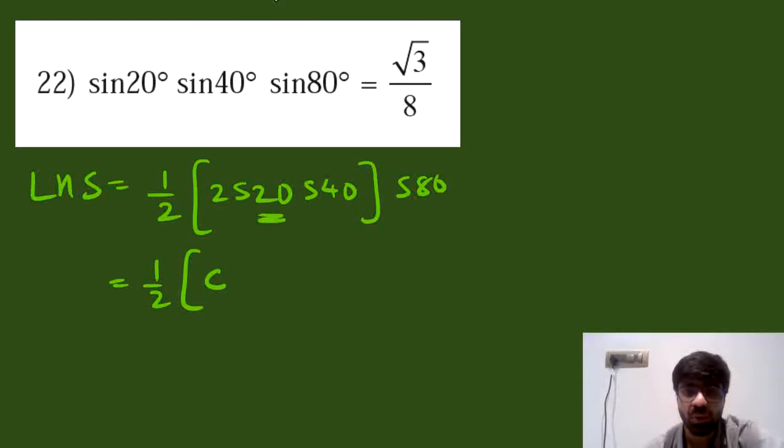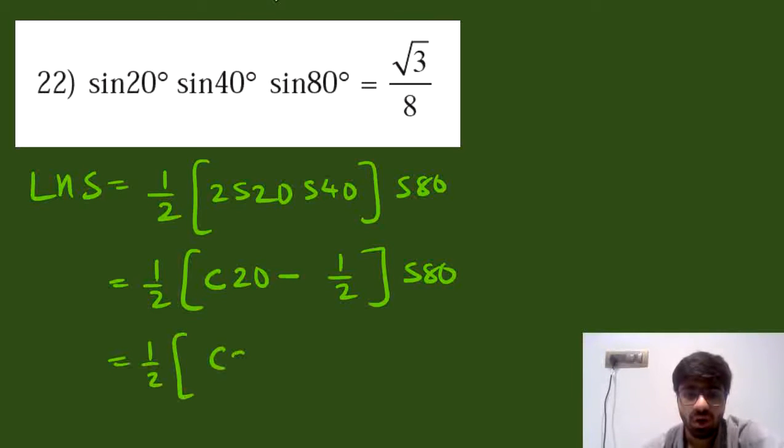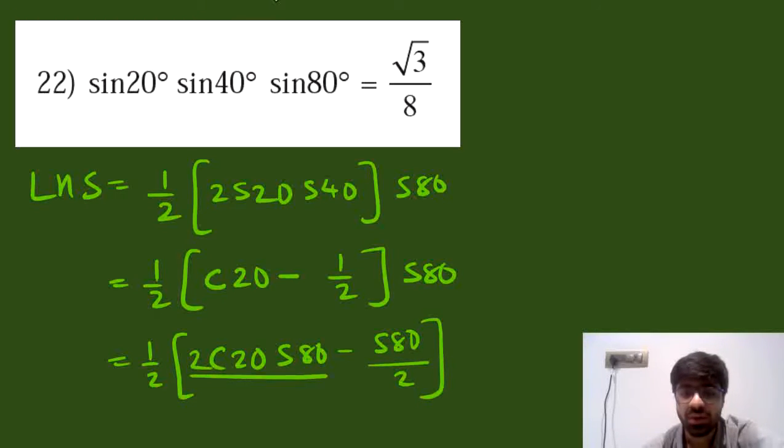So this would be cos of 20 minus 40, that is cos of minus 20. But cos of minus theta and cos theta are the same, so this would be cos 20 minus cos of 20 plus 40, that is cos 60, into sin 80. This would be half, and we can now take that sin 80 inside the bracket. So when sin 80 goes inside the bracket, we have half of cos 20 sin 80 minus sin 80 the whole divided by 2. So we can multiply and divide with a 2 the first term also, and think of it as 2 sin 80 cos 20.